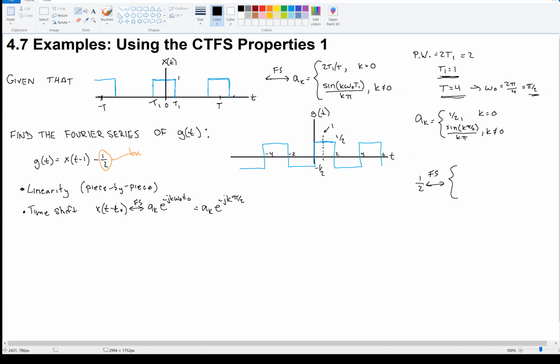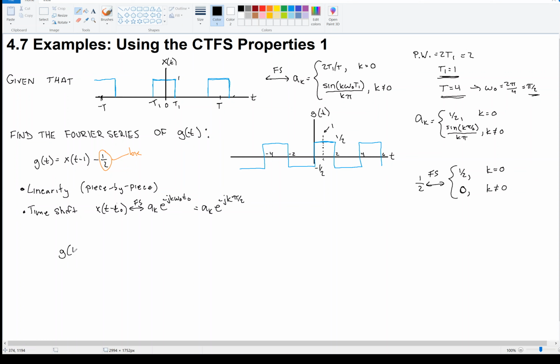Well, a constant does not oscillate, so it should not surprise you that it has 0 coefficients for the harmonics, and its dc term is actually just the constant, right? So this is saying 1/2 has the constant term 1/2, the k equals 0 term, and it has no oscillations, it has no harmonics. Okay, so now we're ready to put all of this together, and we see that g